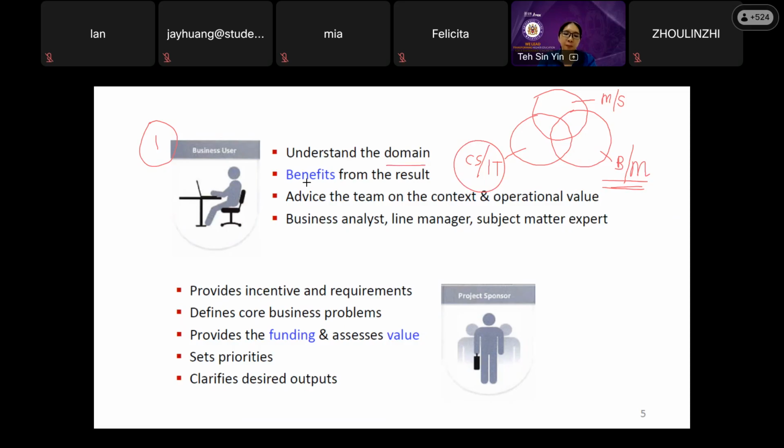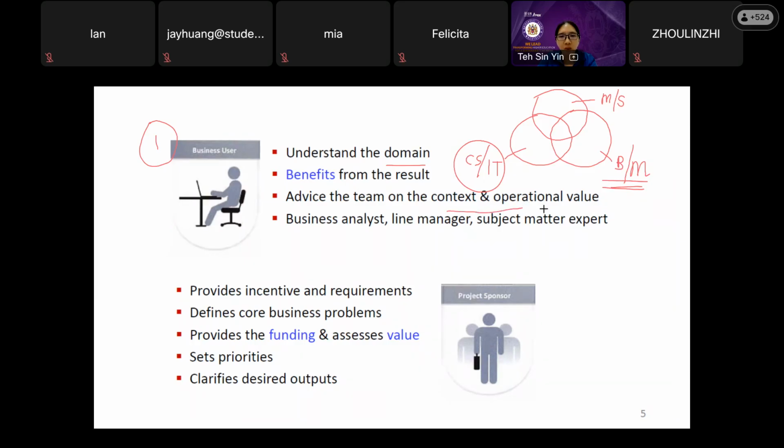And these are the people who benefit from the result. So after you build the models, they will know this model can give me optimal income, this model can give me a very high revenue. So they will benefit from the result. And they will advise the team on the context and the operationalized value.